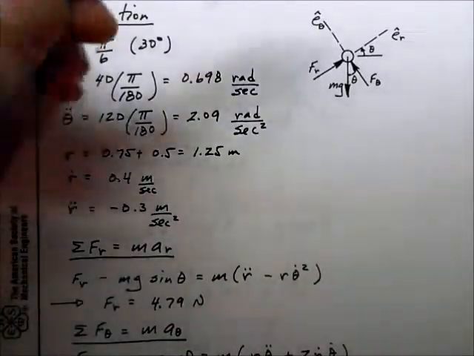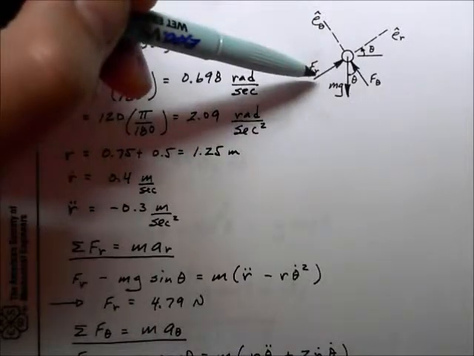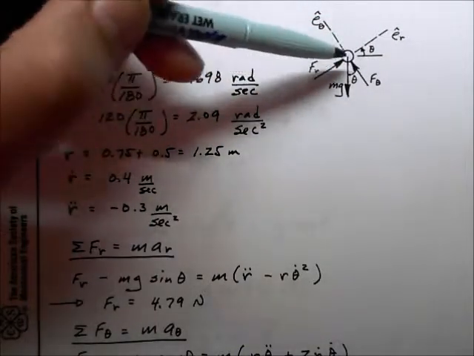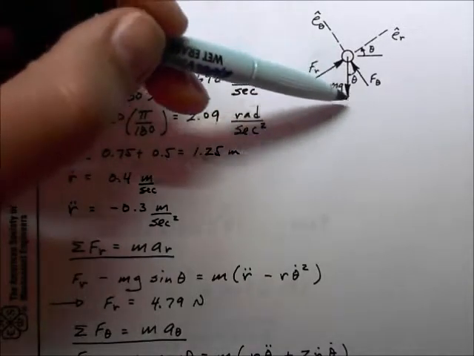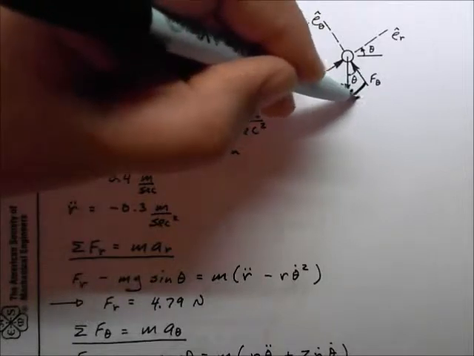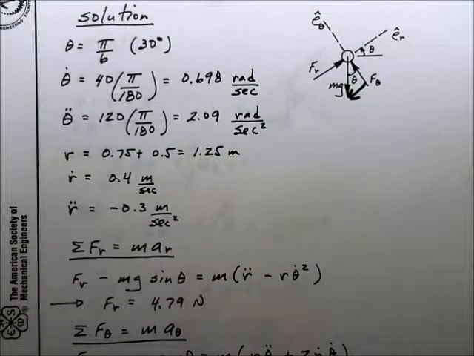Looking at the free body diagram, we have a positive F sub r, 100% in the radial direction, and we have a negative component of gravity in that magnitude, and that would be opposite the angle, so that would be